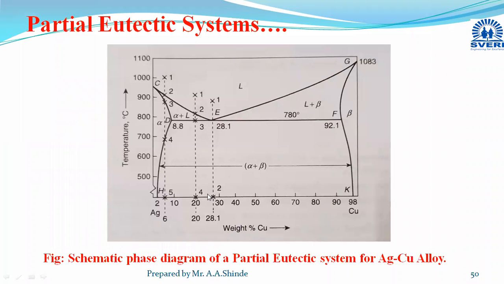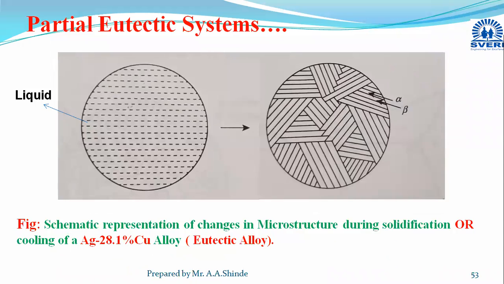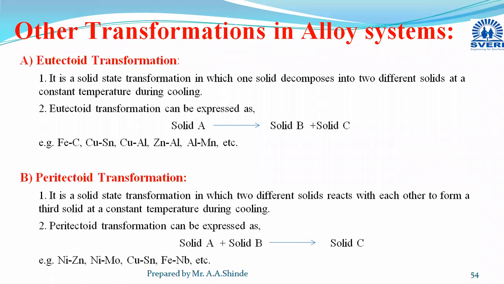And this is the exact eutectic alloy. And with reference of these two hypereutectic alloys, you can write the explanation for hypoeutectic alloys also. Just you have to replace alpha by beta and beta by alpha. Okay, now in this way we have completed this. The first chapter is finished here.